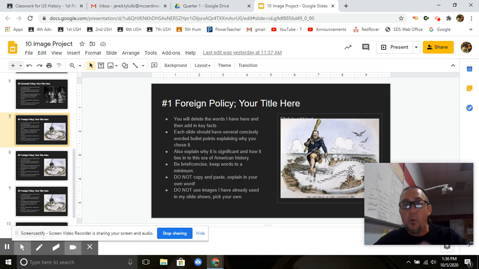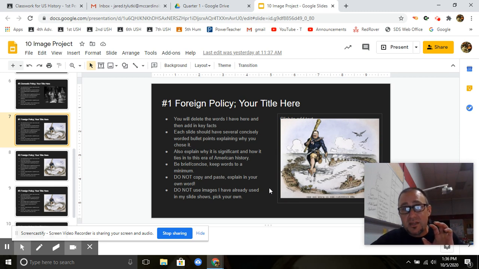Now, I'll get into that more tomorrow when I do the Teddy Roosevelt lecture, because we're talking about his presidency and his foreign policy will definitely come up. So if you want an explanation on that, wait until tomorrow. But I don't want you to use a photo of Teddy Roosevelt or even a political cartoon for all 5 of these images. And Roosevelt could tie into domestic policy or foreign policy because he was president and interacting in both of those realms of American policy.